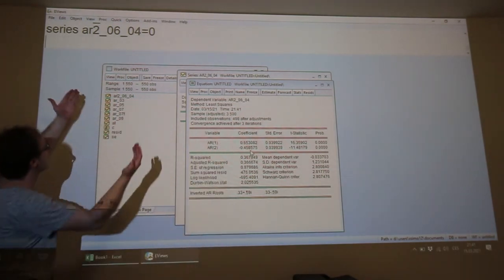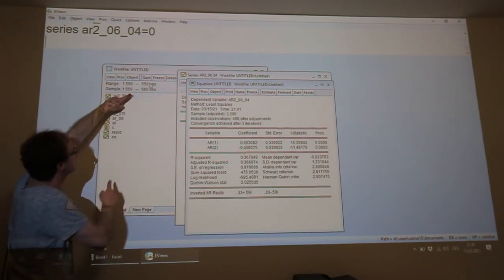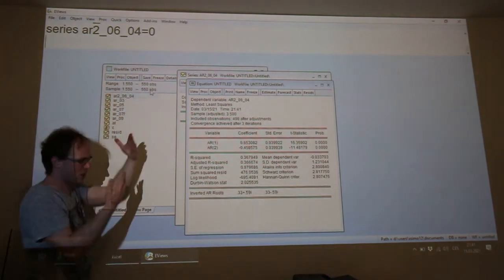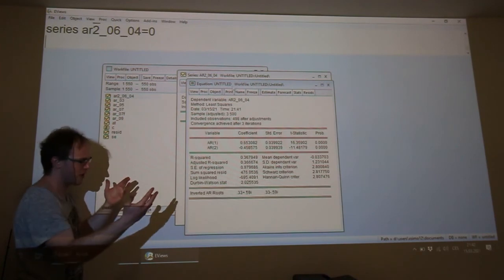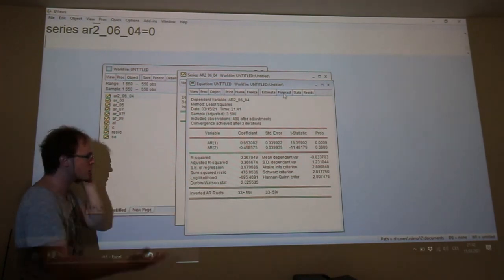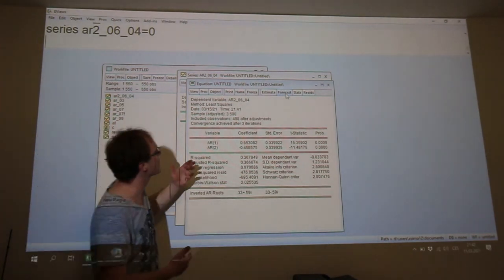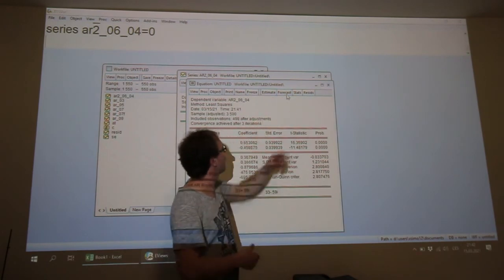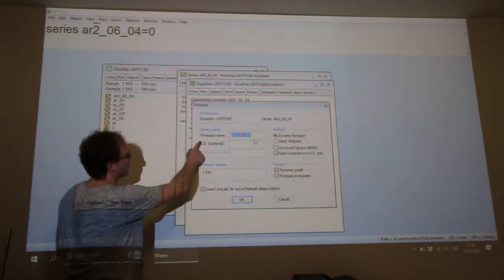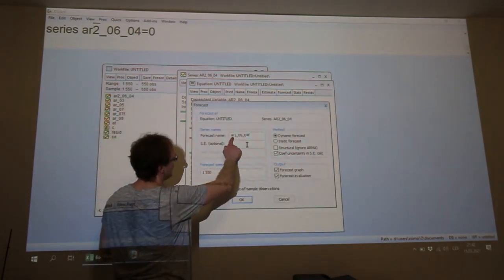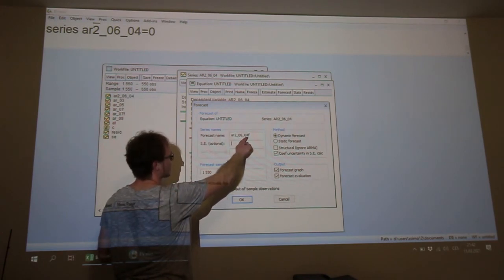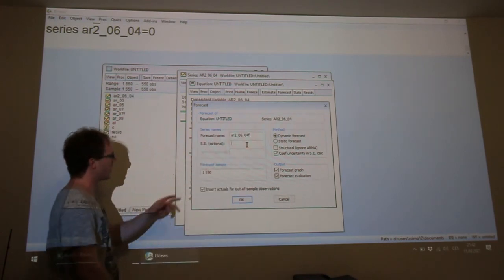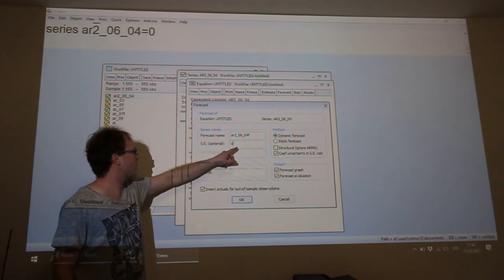And now, because we have 550 observations, so 50 observations without values, we can calculate a forecast. On the Forecast button, you can see that the forecast name will be AR20604 forecast. We will also calculate standard errors.